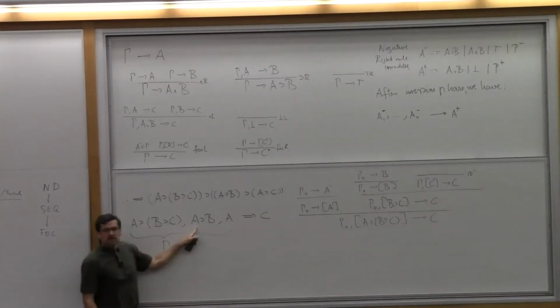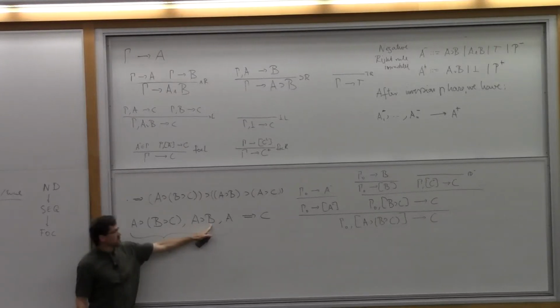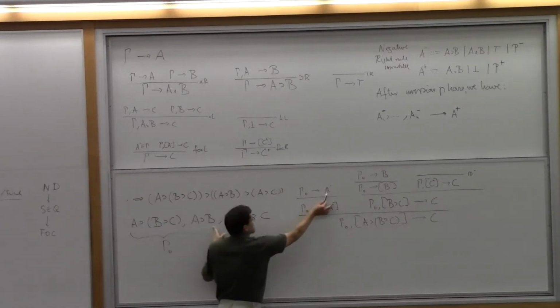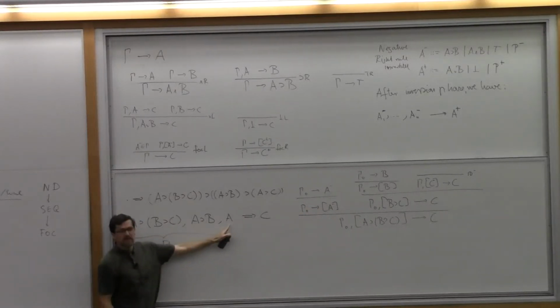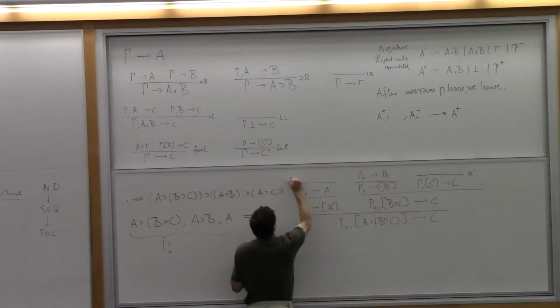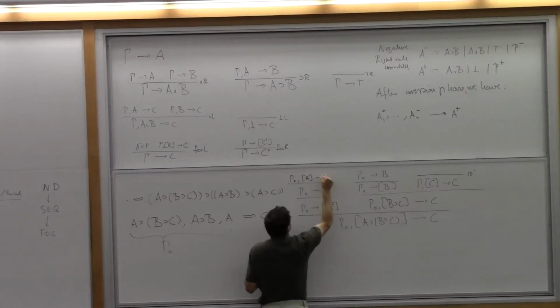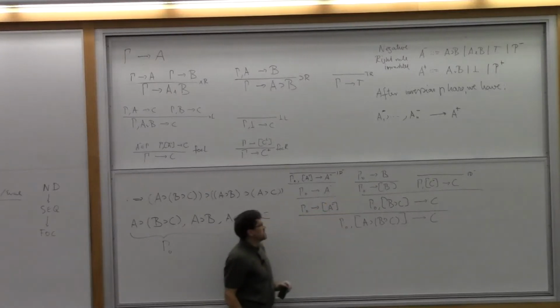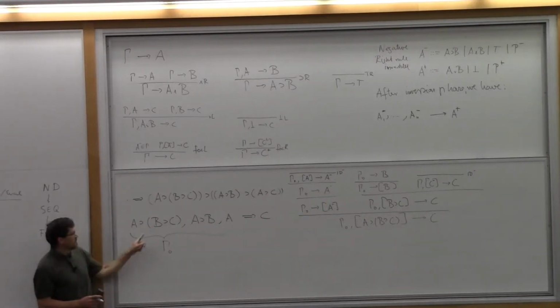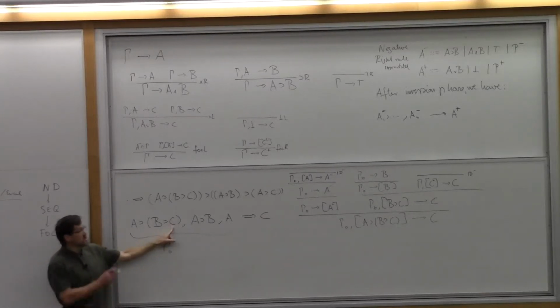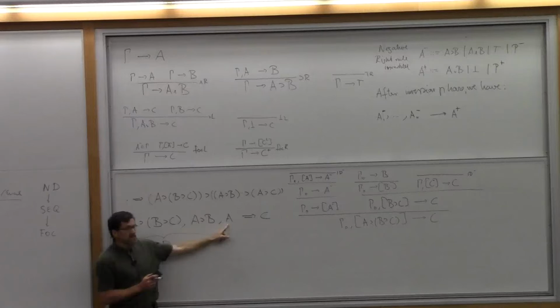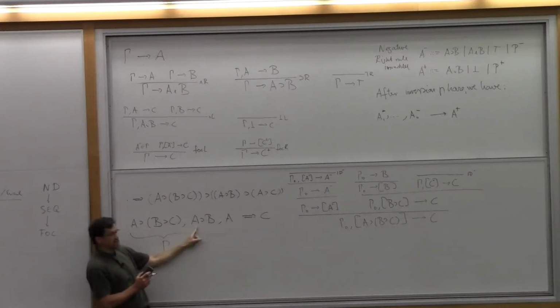Can we focus on A implies B? No, because the B that we get into the context doesn't match the conclusion we're trying to prove. So the only thing we can do is focus on this. We focus on A while we try to prove A, and this is negative, so we can use a negative identity rule. How do we prove this? Can we focus on this? No, because the C doesn't match the conclusion B. Can we focus on A? No, because it doesn't match the conclusion B. So we have to focus on this.